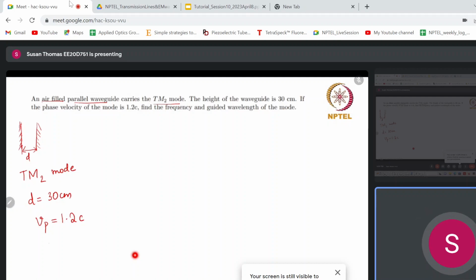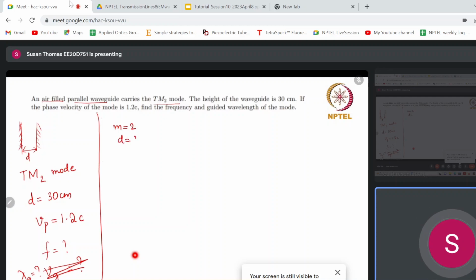Okay, so you need to find the frequency and also the guided wavelength of the mode, lambda g. From the given data, the mode number m is 2 and the plate separation d is 30 centimeters. Now can you calculate the cutoff wavelength or cutoff frequency? So the cutoff frequency Fc is